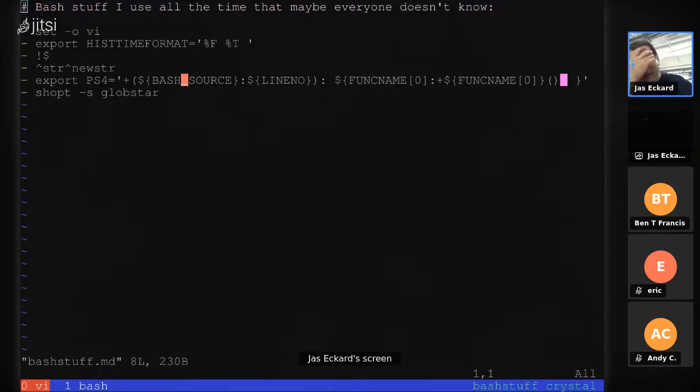So I'm really glad, Eric, that you brought up the shell thing, this new shell called Nushell. But to fill the time, I thought I would just show a couple things that I use on Bash every day that I'm not sure everyone knows about. It's a couple things that I just love. The first one here is